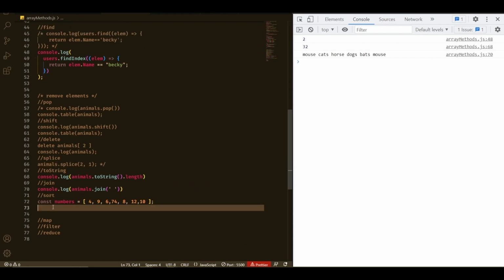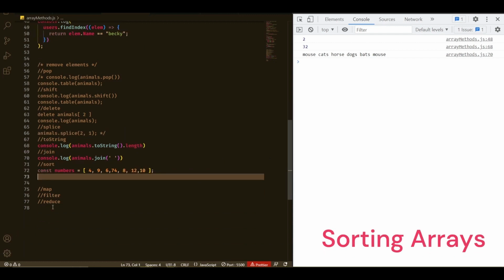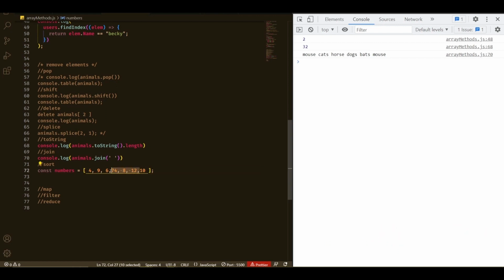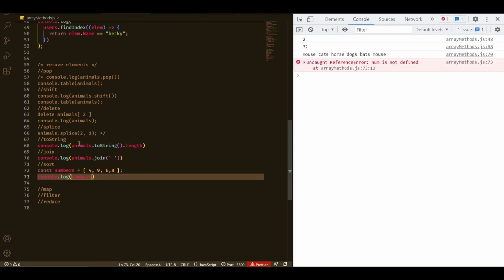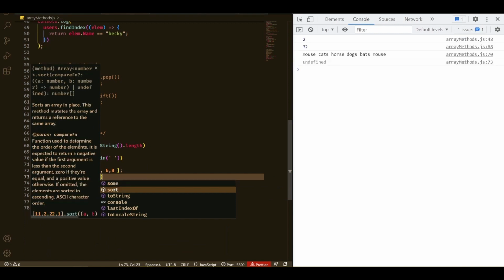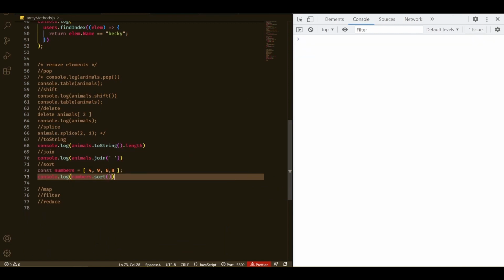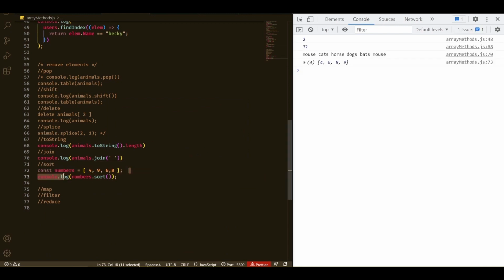Now let's go ahead and see the sort method of this numbers array. So here we have a numbers array, and it is not sorted. So now let's call the sort function here, numbers dot sort, and we see that it has sorted this array in 4, 6, 8, 9 ascending order. But